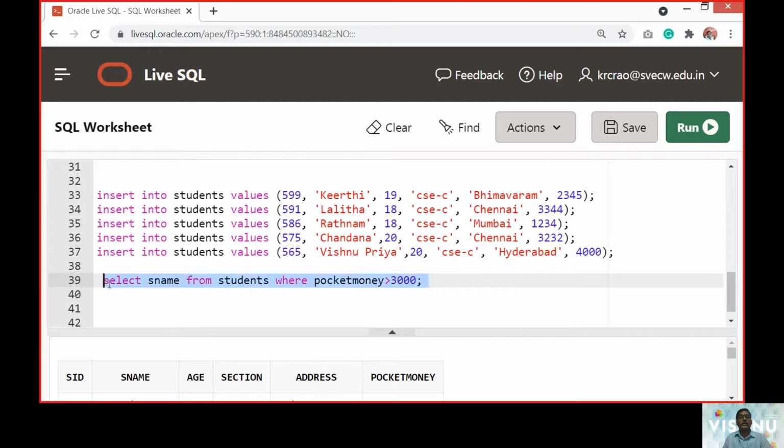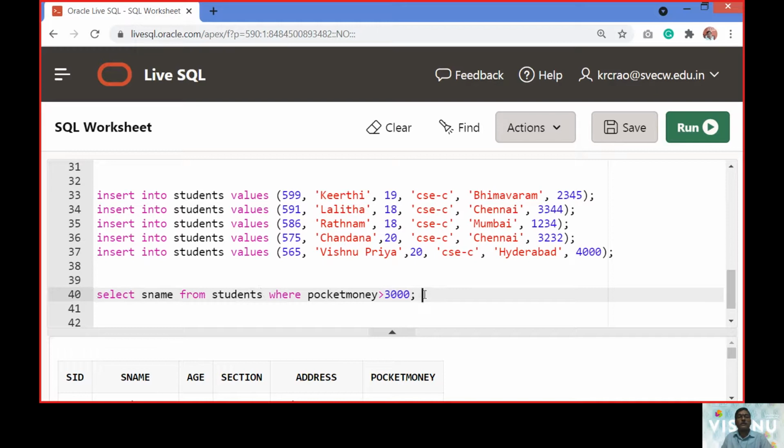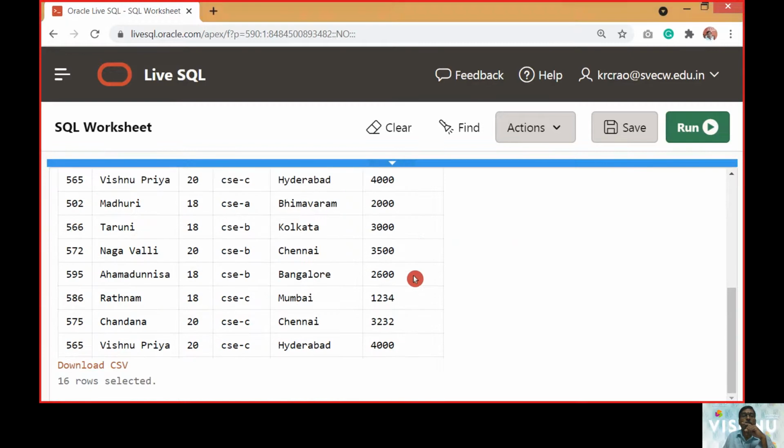Let me rerun this again. It is taking time. Here we are using from and where as the two parts of the SQL command.